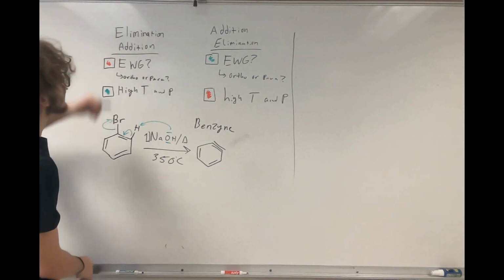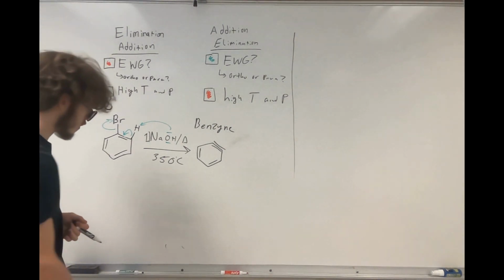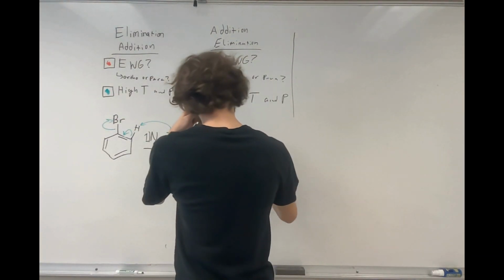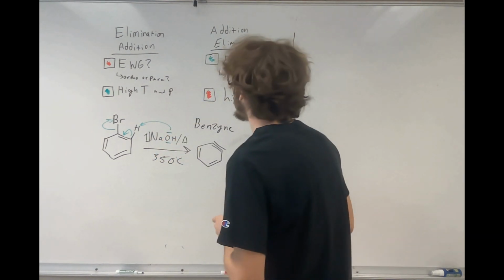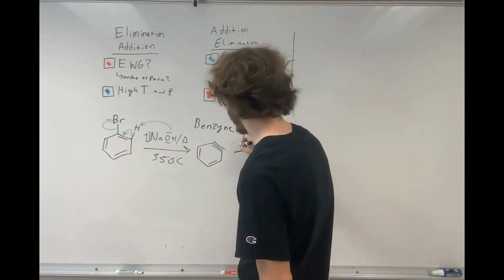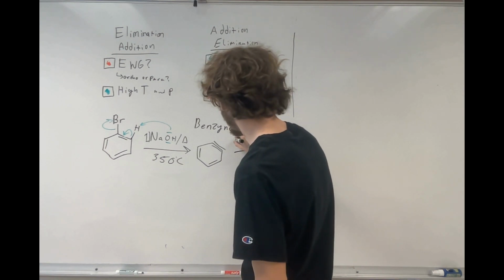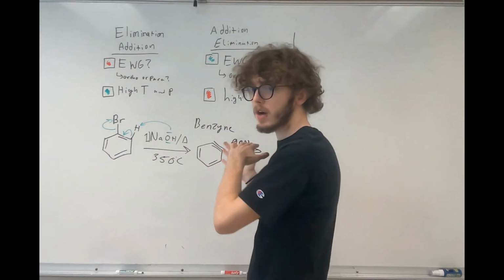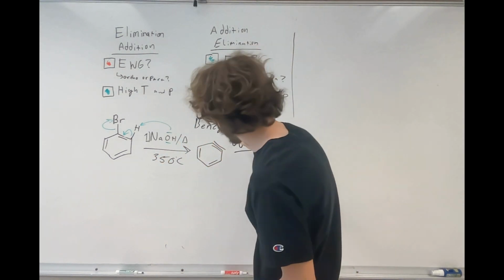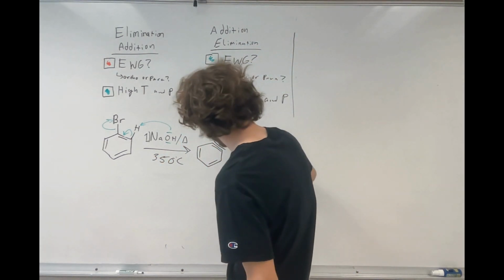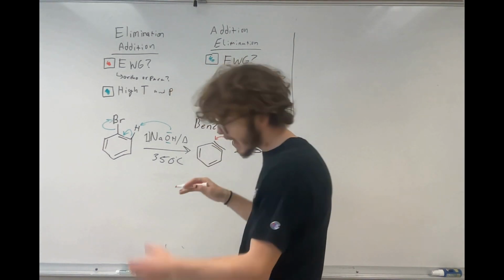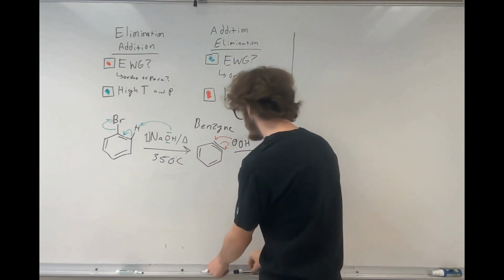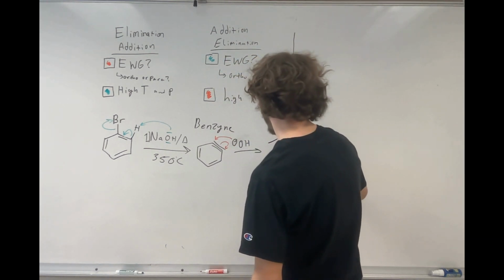So we did the first part, we did elimination, okay? Now we have to do the addition. So it starts with a nucleophile coming in, right? And it's going to attack either side. Now this is a symmetrical molecule, so it doesn't matter. So the OH comes in and attacks this carbon, for example, and is going to push electron density onto one of the carbons, and it will leave us